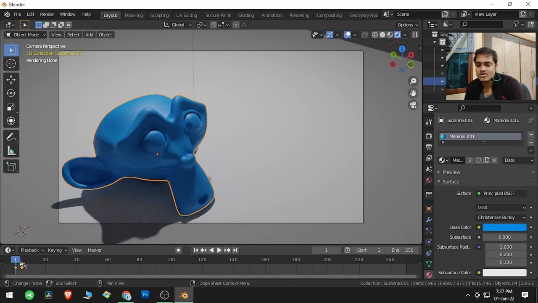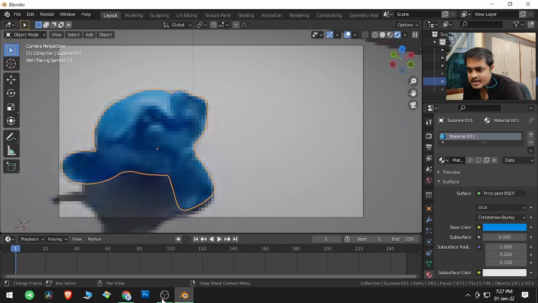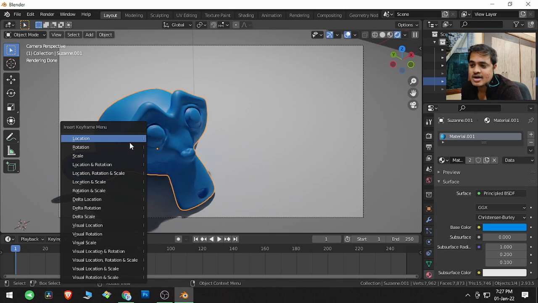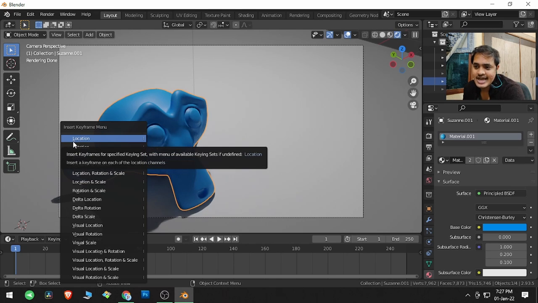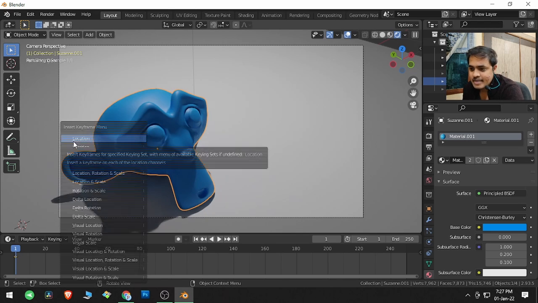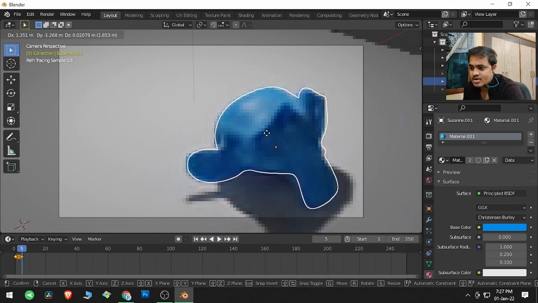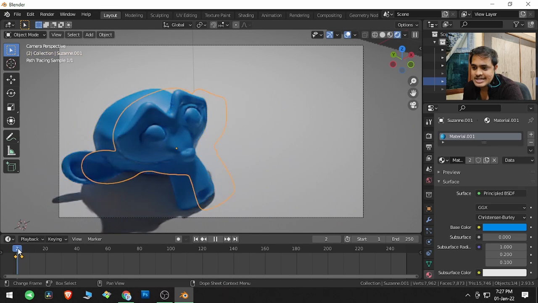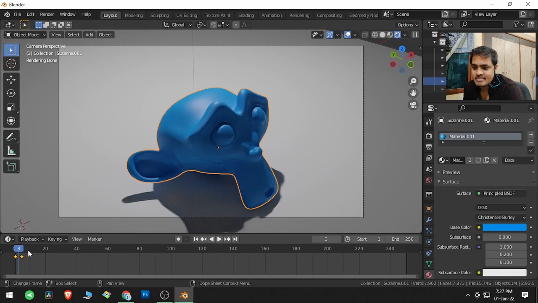For those who don't know how to give keyframes, these are called keyframes. I am selecting it and deleting it, and I am clicking and dragging this thing. I am clicking on this monkey, then tapping I for inserting keyframes, and here on the location there is a dash under L, so I will tap L, move this monkey over here, then I and L. Now it will animate between those frames.